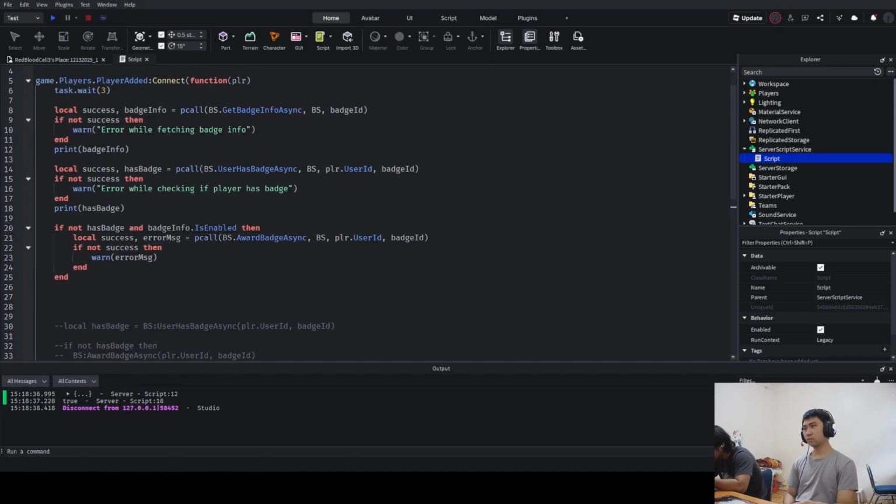This is generally the way that we script badges in Roblox Studio, and I want you to get into the practice of writing these pcalls to make them more secure when you're trying to add them. So that is basically going to be it for badges, and I hope you found this video to be helpful. If you're still confused about pcalls, I have another video where I